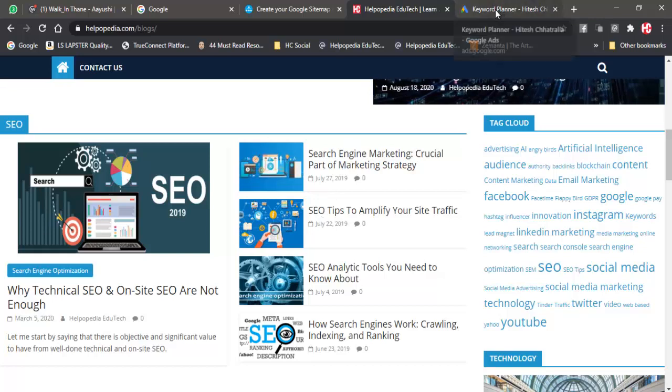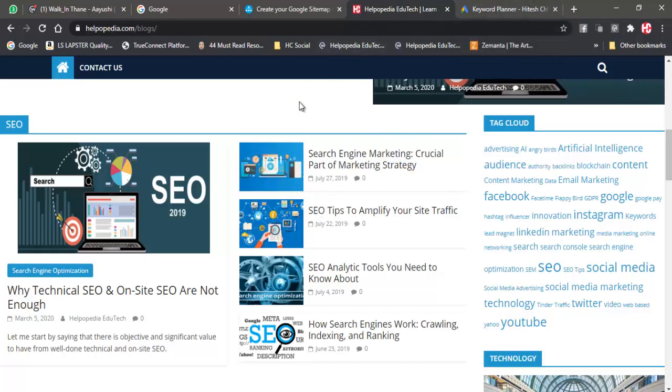So for that reason, when I was talking about creating the content, we need to take care of all the keywords. We have selected the primary keyword as search engine marketing, and then I would select other keywords like advertise or paid advertising. All those things I have used as secondary keywords and tertiary keywords.